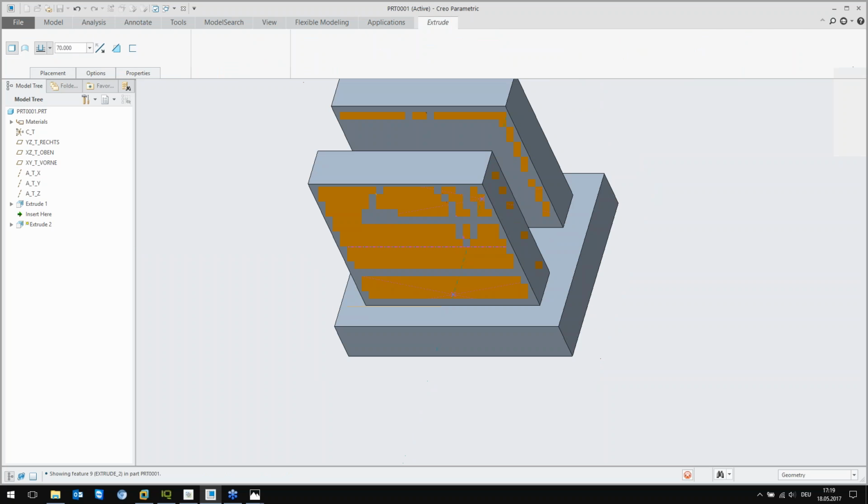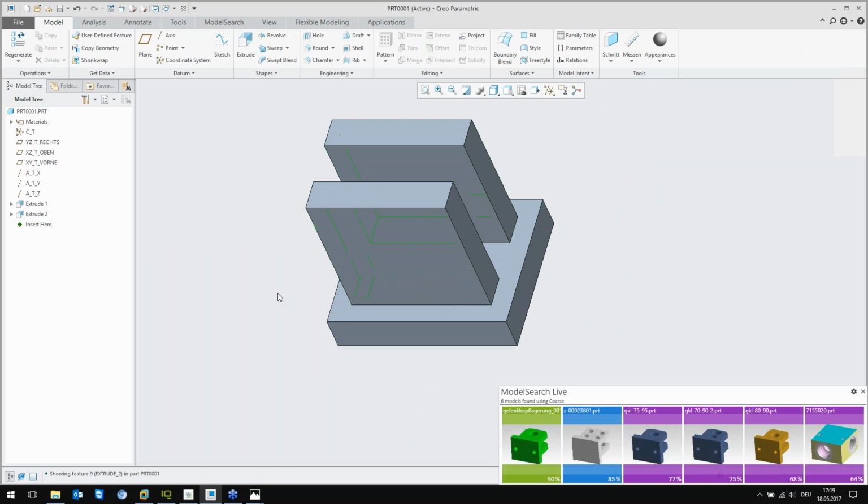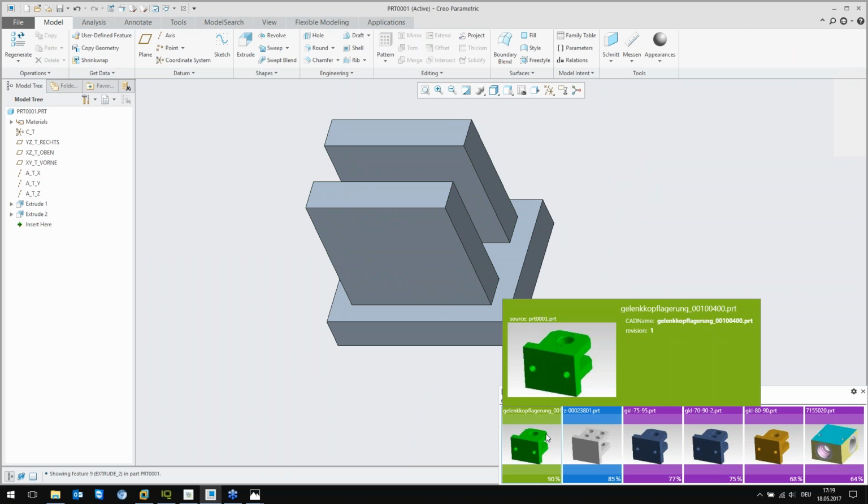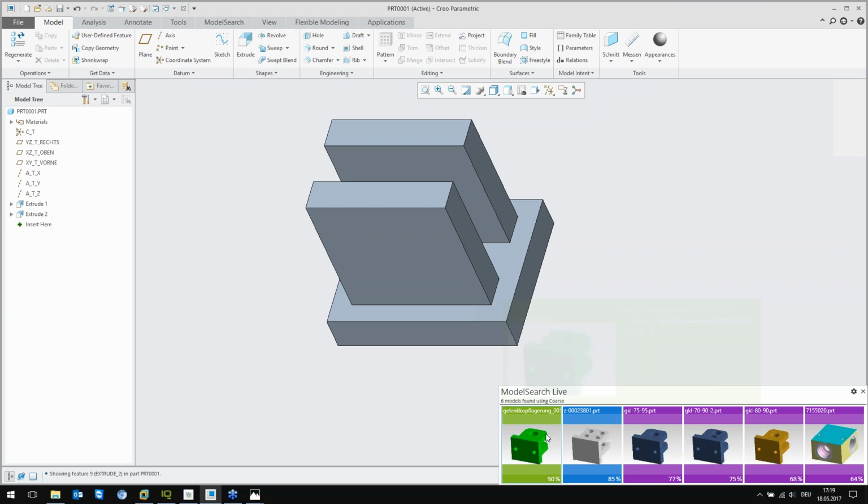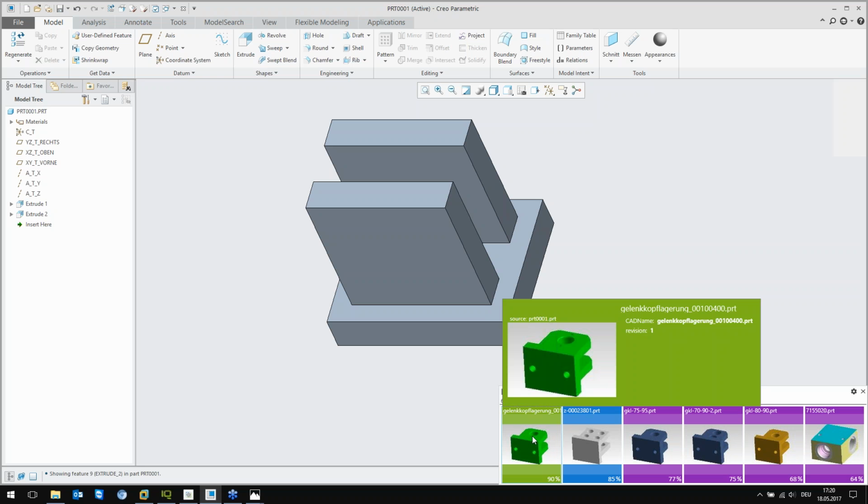And what's now happening, Creo will regenerate the part, and I will get some suggestions of similar parts from Model Search automatically. So I do not have to press any button or do the search by myself. Model Search Live will take care of this and present me with this nice little application down here. And of course I can investigate this